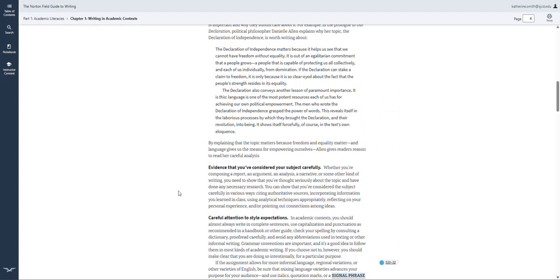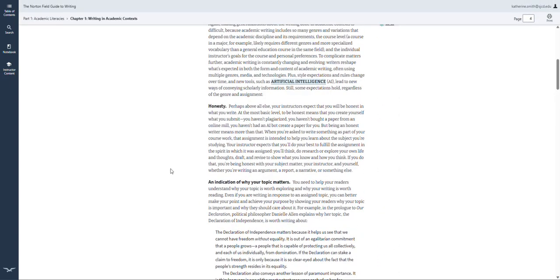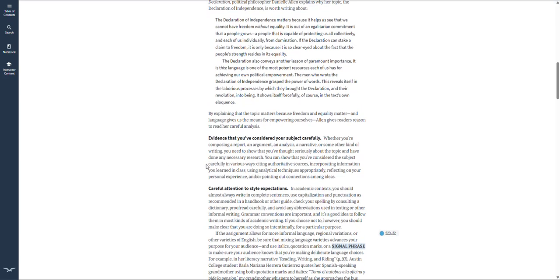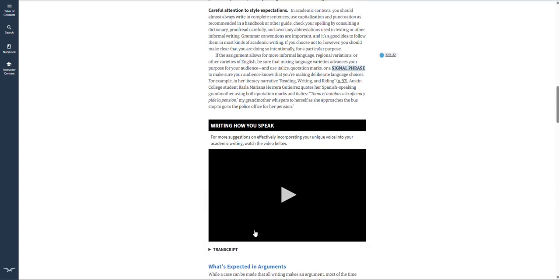So my suggestion would be when you read these chapters, you're going to be asked to make 3 questions or comments on them. As you're reading through it, if something catches your eye, if something sounds interesting, write it down. Make a comment about it. If you have a question about one of those things, write that down. And feel free to ask me should you need to. There's lots of different things in these chapters. There's little videos that you can watch that can explain more.